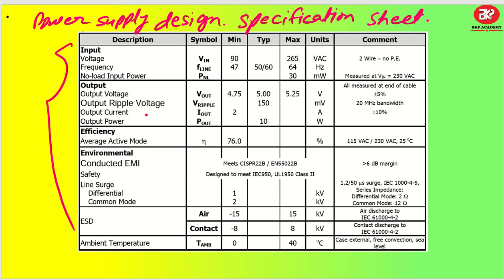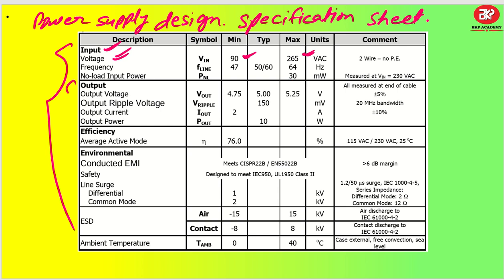In my suggestion, you try to put in your inputs, like what your voltage inputs are. So voltage input minimum is 90 volt, maximum is 265 volt, okay? So this is actually a universal input, so it will vary from 90 to 265 volt, okay? The frequencies are, since 90 to 110 volt it is going to be around 60 hertz, and at 265 volt it is going to be 50 hertz, so Indian standard and USA standard. So this is going to work between 47 hertz and 64 hertz, okay? And the no load power input is 30 milliwatt, that we have already seen.